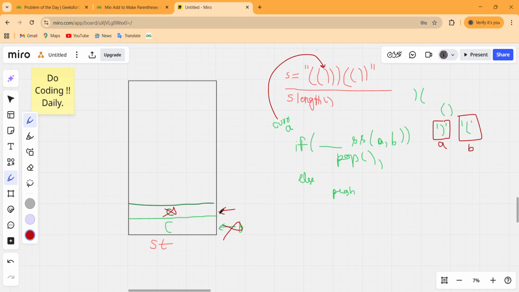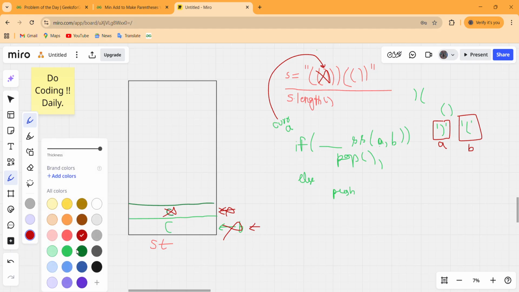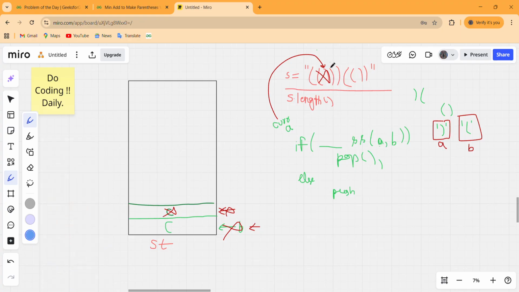This gets popped out and the top will again become this one, and this else part will not execute this time, so I gets incremented. This is a valid pair. We found one valid pair, so I gets incremented and this will point to this.